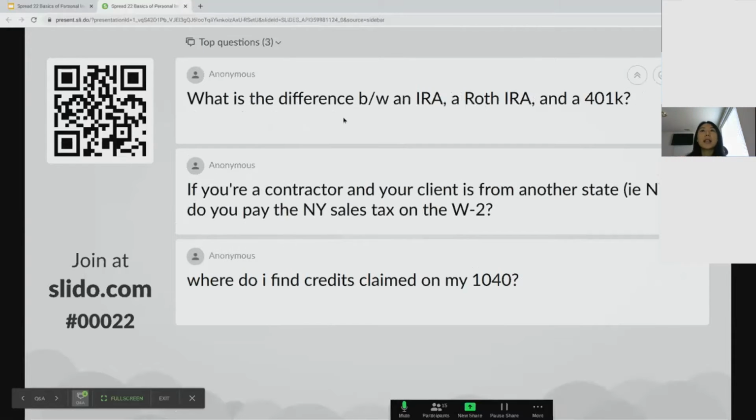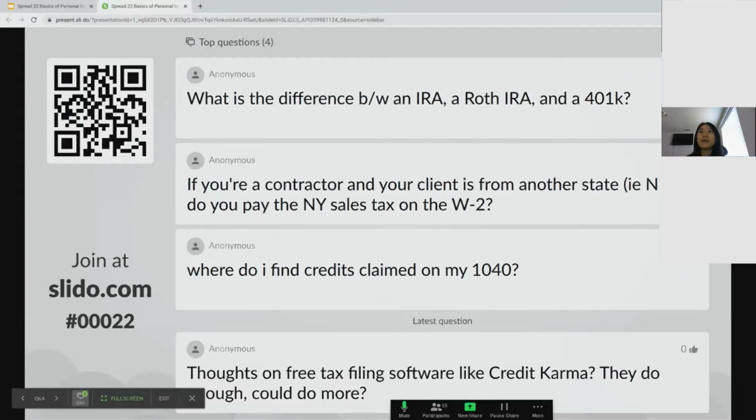What is the difference between an IRA, a Roth IRA, and a 401k? That's a really, really good question. And we'll probably do another presentation about this. Our first ever spread, we talked about this before, but this is definitely another topic. But at a high level, IRAs are contributions towards retirement, right? And there's different types of IRAs. If you just say IRA, that's a traditional IRA, meaning that you put in money that's been taxed now, and when you retire and take that money out, you got to pay taxes on it. But a Roth IRA,